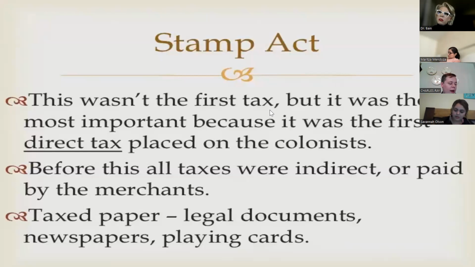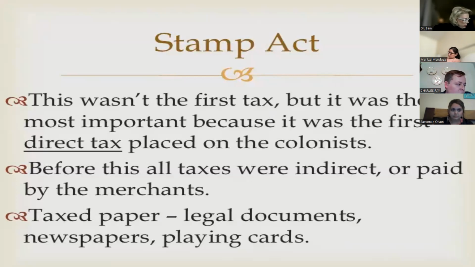The next one is the Stamp Act. This one, I don't know why I didn't think about doing it, but this is the one, if you ever look it up online, the stamp that they had the English crown on. It's very official looking. It's actually kind of pretty. But the one the colonists would make fun of in the press was a death's head. It would have a skull and crossbones, and it was just this horrible tax. Anything paper was taxed. Newspapers, legal documents, playing cards had to have the tax to prove you paid your money.